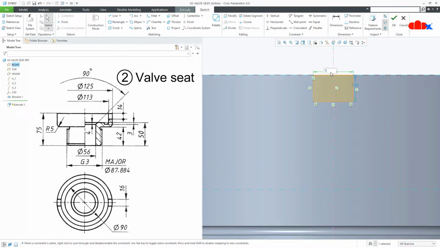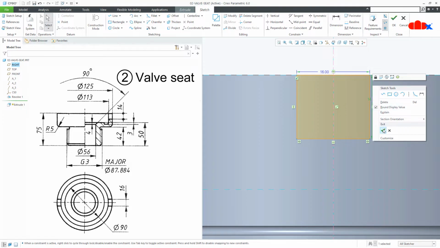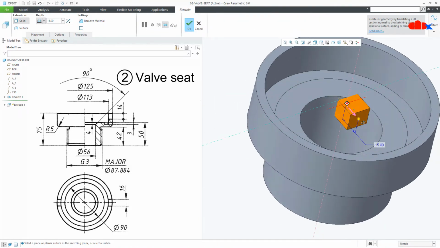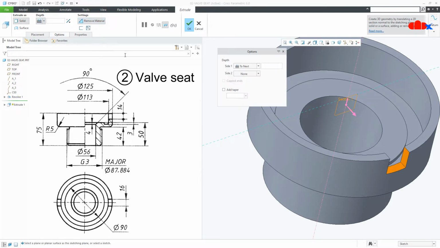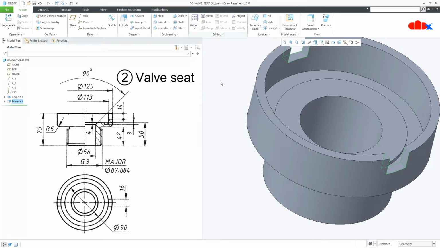Now this is 16 and this is 14. Say OK. Now go for remove material and make it 2 next, and in second direction also you make it 2 next. Say OK.